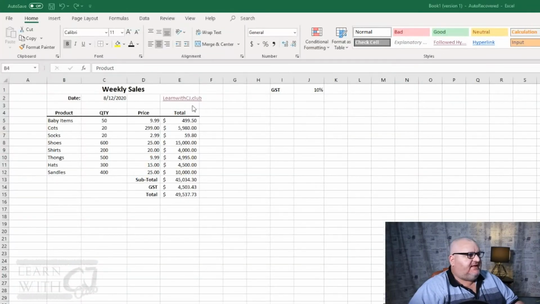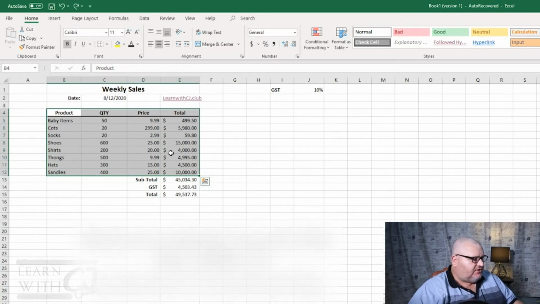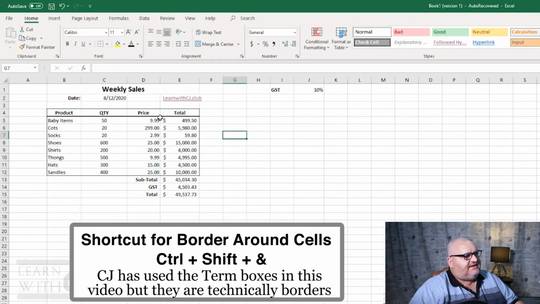So in my template that I've got here, one of the things that I want to do is put a box around the main data, so product, quantity, price and total. The easiest way to do that is again to use a shortcut. I simply highlight the actual cell range that I want to put this box around, and then I go Control Shift ampersand, and when I click away you can now see there is a box around that particular